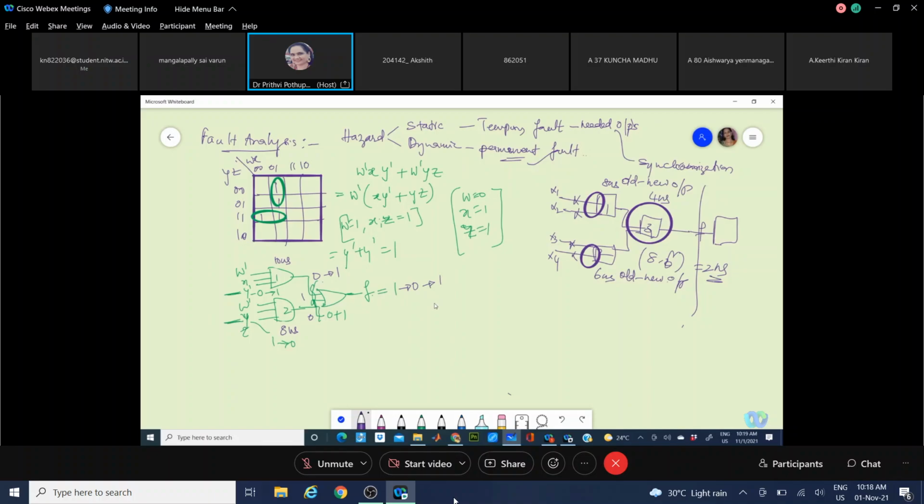That means there is a temporary, or what you say momentary, fault happening and later we are able to reach a wanted state. Maybe in pictorial form, if you are having this type of response, say your design is designed for a value and there is a fluctuation and this is settling back.